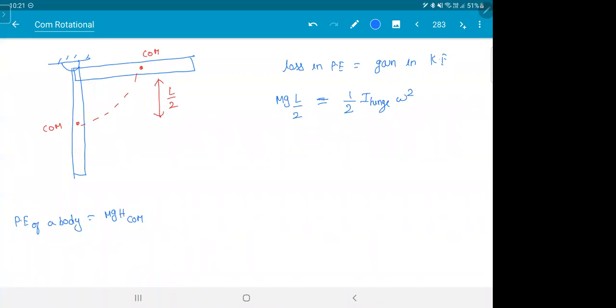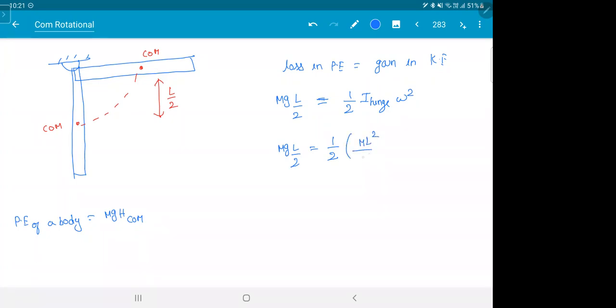Right? Someone has a doubt like, sir, why can't I write half mv² plus half I omega square? I'll show you. You'll get the same answer. But why I like this method is it saves you 2 steps. So whenever something is fixed, whenever you have a hinge, take about the hinge. Hinge is always the best point. Center of mass is also good, but hinge is more preferable. It saves you time.